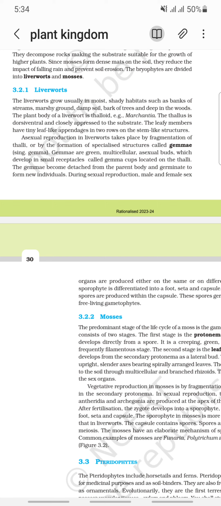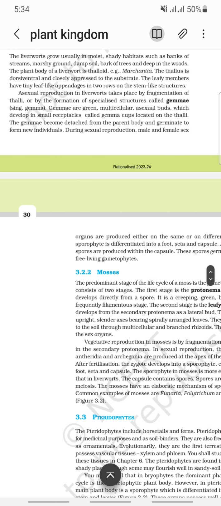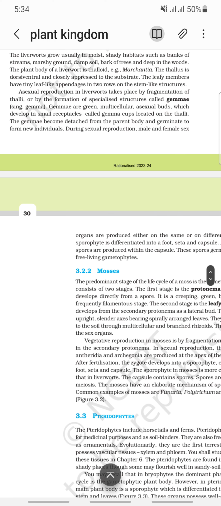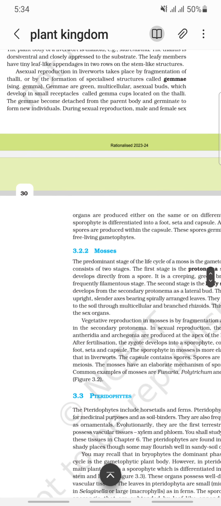The thallus is dorsiventral and closely pressed to the substrate. The leafy members have tiny leaf-like appendages in two rows on the stem-like structures. Asexual reproduction in liverworts takes place by fragmentation of thalli or by the formation of specialized structures called gemmae, singular gemma. Gemmae are green, multicellular, asexual buds which develop in small receptacles